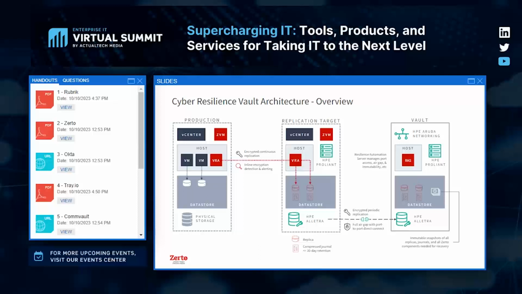The vault is really there for a worst case scenario where everything has been compromised, including Zerto, including the replication target. Everything has been encrypted or deleted in some way, and you have to go back to the vault. The vault is completely safe from any outside attackers, and you can always recover from that vault. And that is one of the things that makes Zerto unique, is our ability to completely isolate that away from